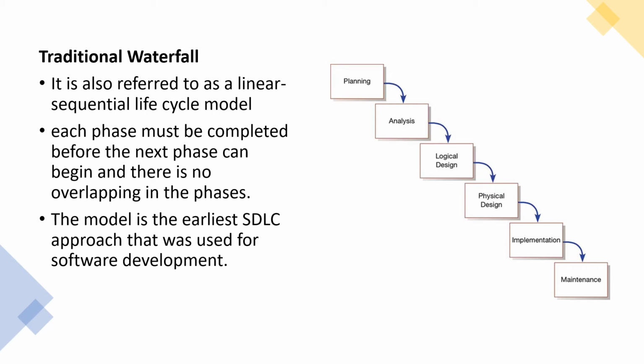And the stages, as you can see in this diagram, we start from planning, then we go to analysis. So it means when you're at analysis stage, you cannot go back to planning. That is why it's called a waterfall. Next, you have logical design. When you're at logical design, you cannot go to analysis. You can only go to physical design, then implementation, and lastly,